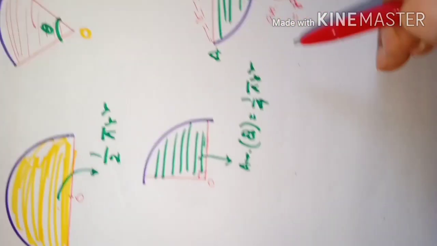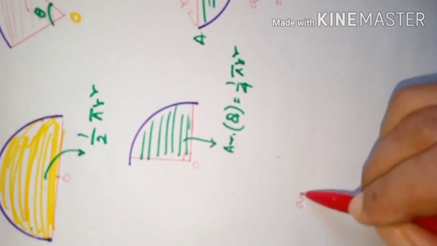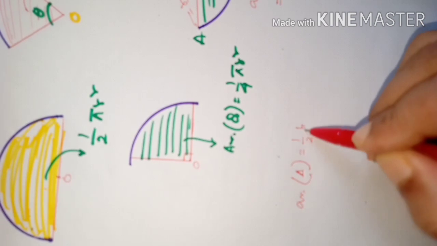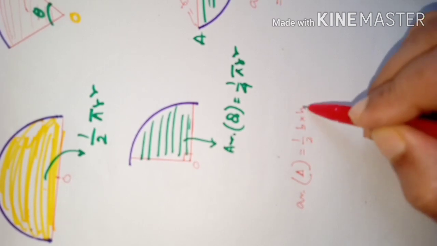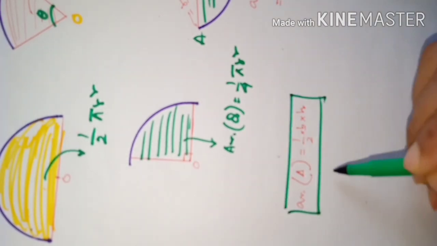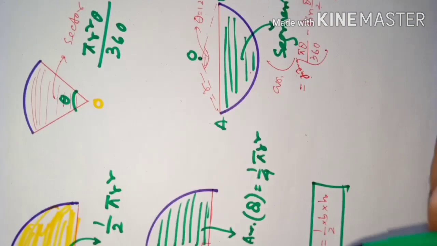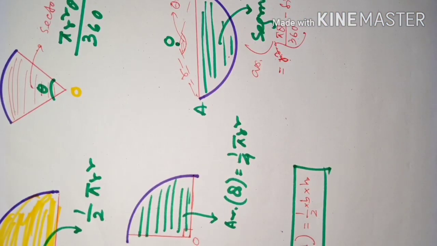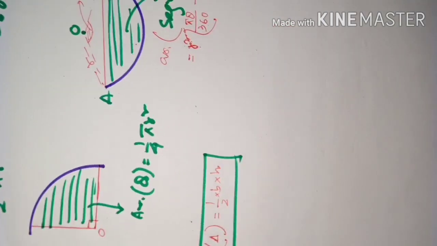So recall the triangle's area formula. This time you will need the area of a triangle. The area of a triangle is half times base into height. This is also the area of a triangle. So we have to use this formula sometimes also. Then we will use all this mixture of formulas here in our next discussion. In our next topic, we will be discussing all this mixture of formulas.